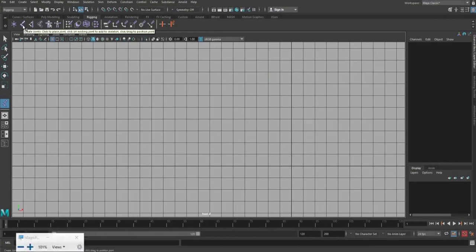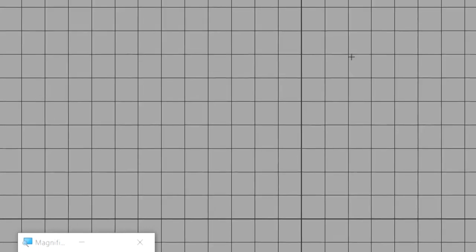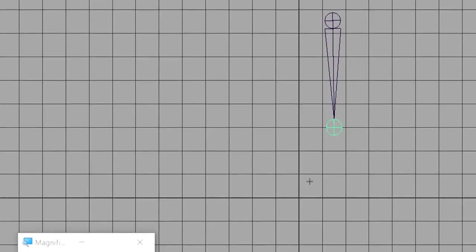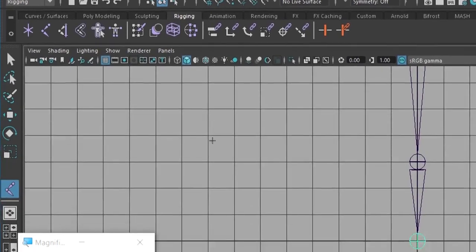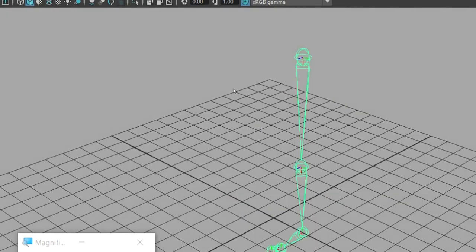Again I'm taking a joint. I'm clicking here, again here, again here. Coming to right view, again I'm clicking here, again here, giving enter.